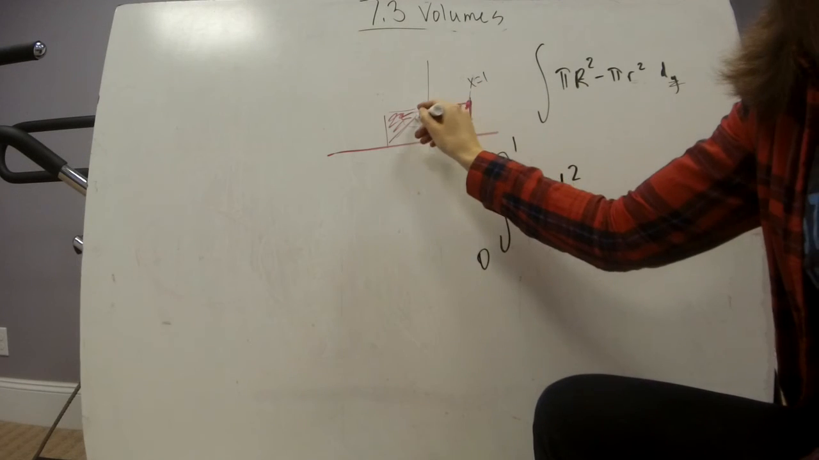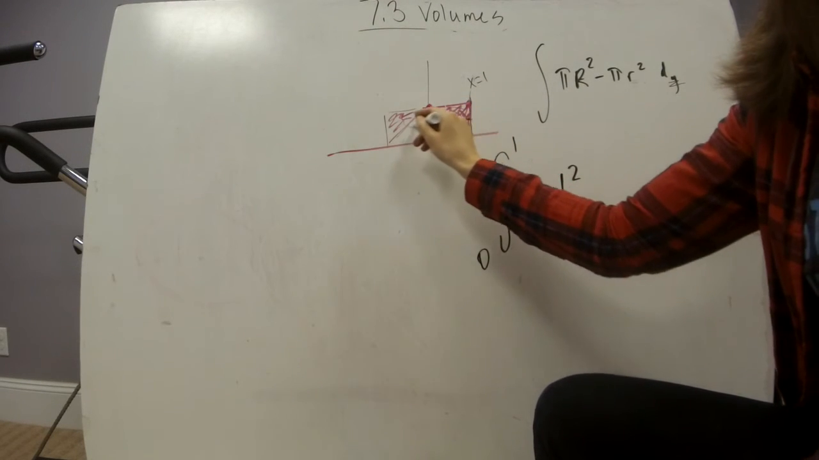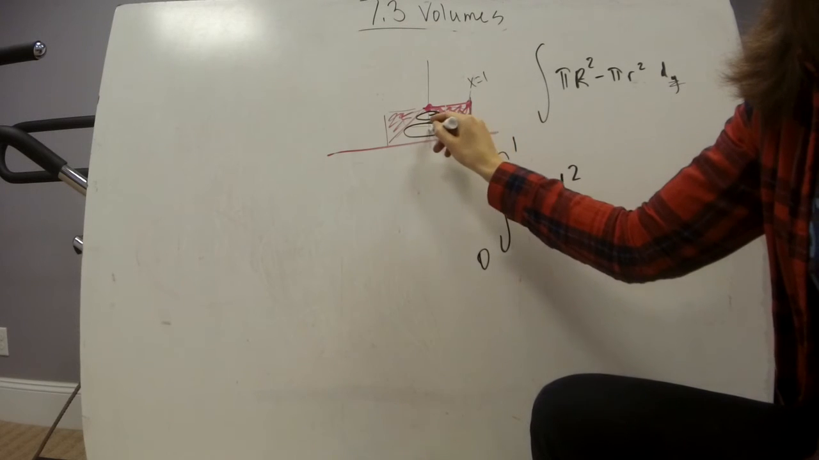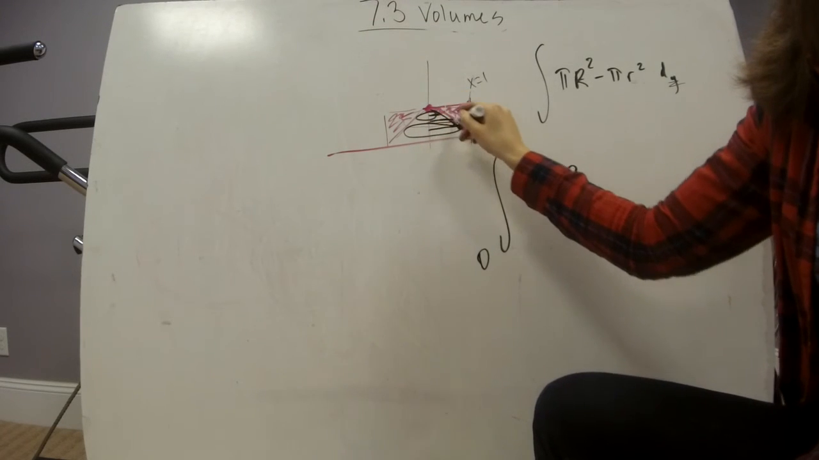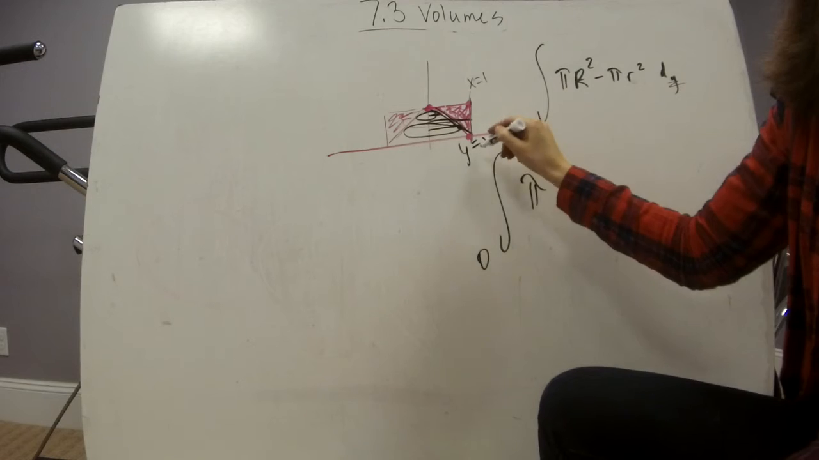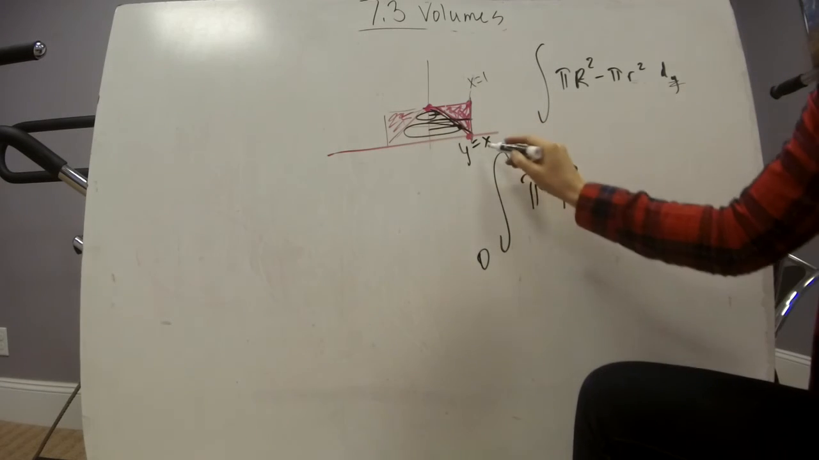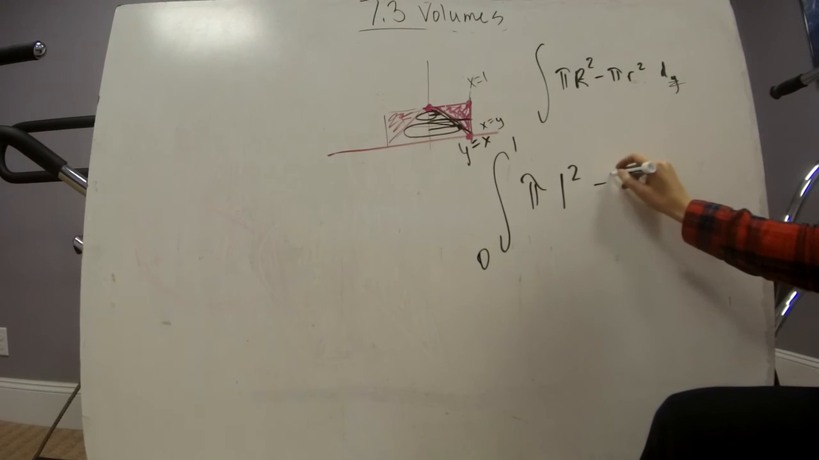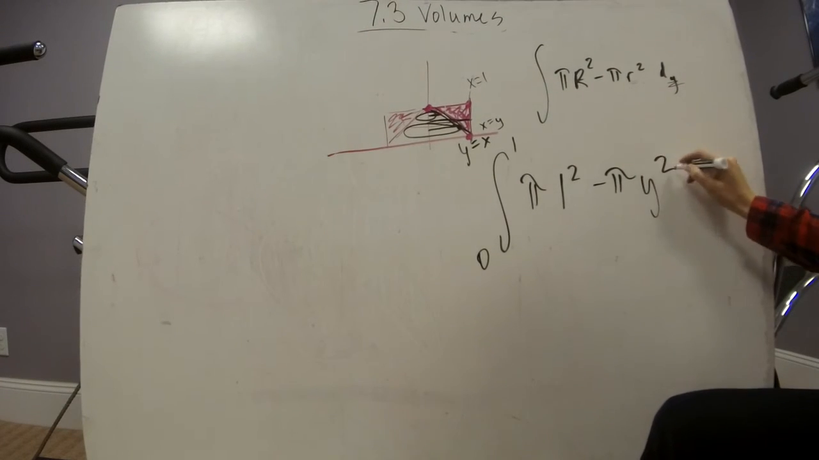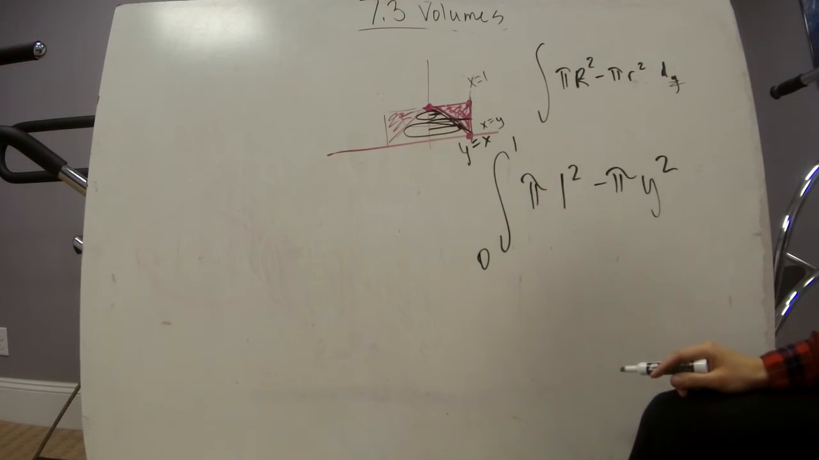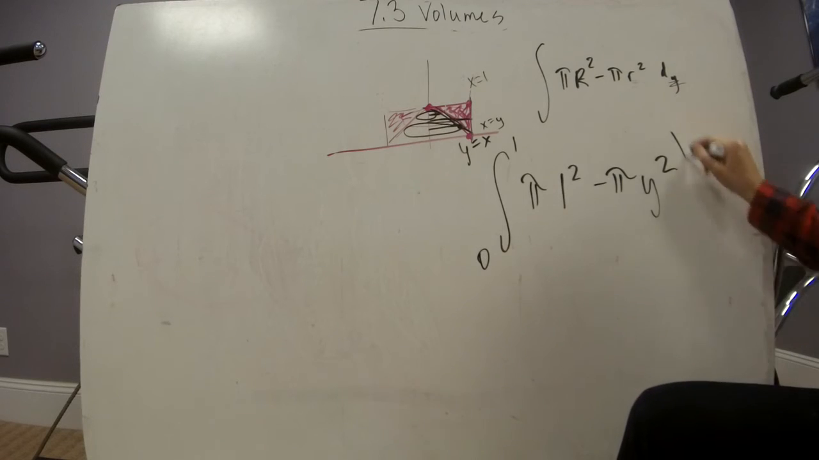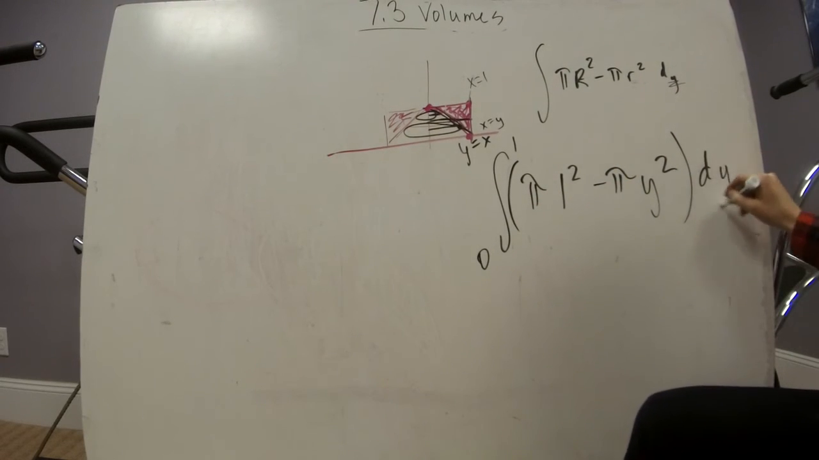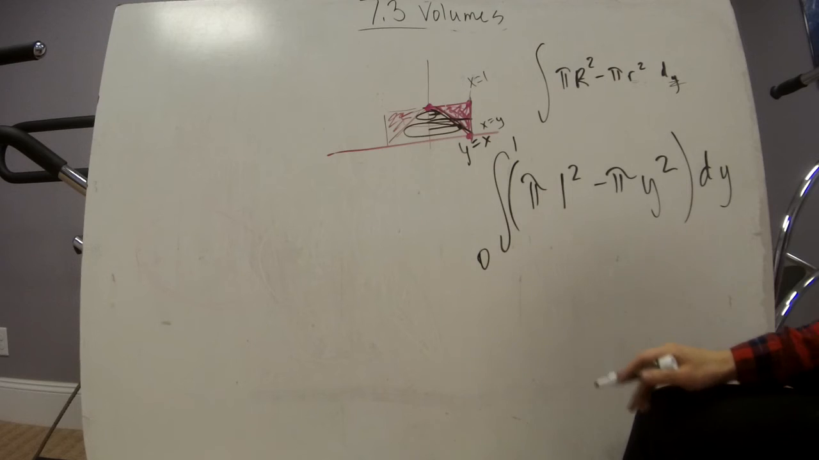Now what's the smaller radius? The smaller radius is actually the equation of this line, but that's the line y equals x. But that just means that's the same thing as x equals y, right? So we need to do minus pi and then y squared, right? Because y is that one. And then that's dy. This one's actually going to be super, super easy to integrate, but I wanted to make sure